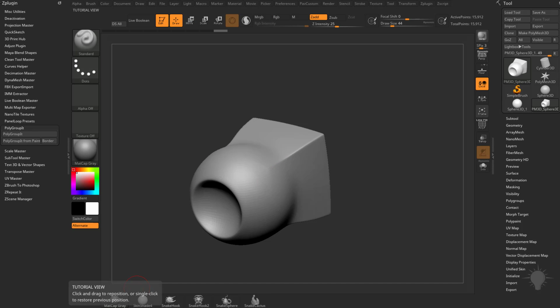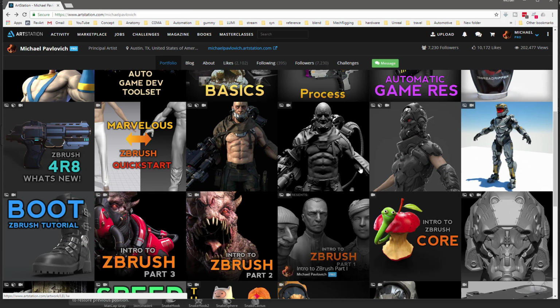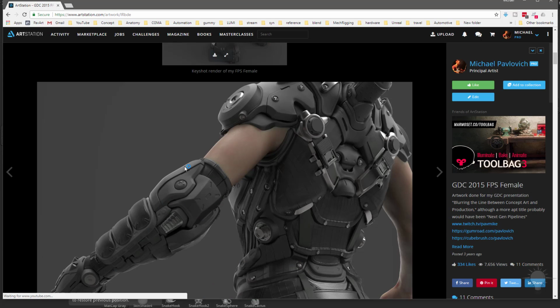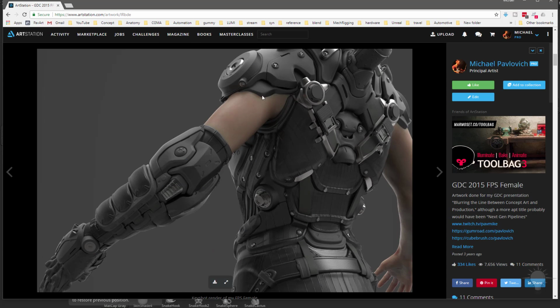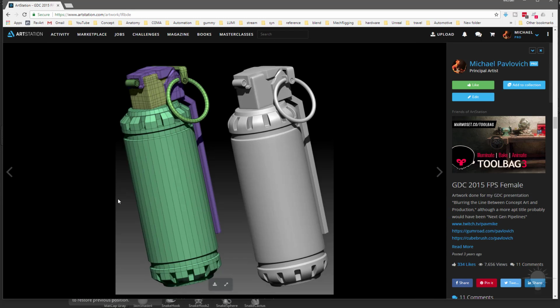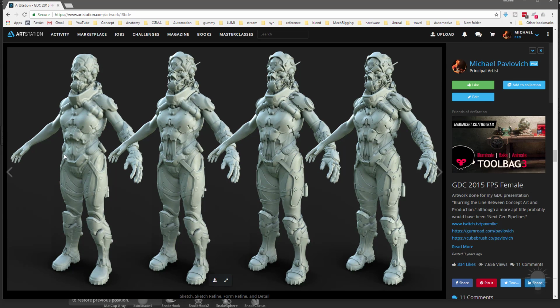Now by sculpting panels, what I mean is if you go to my ArtStation page and you go to any of my hard surface stuff where I do any concepting, for example, this GDC FPS female, if you scroll down, you see this is the final product, everything's all been refined and all the insert mesh brushes and details are applied in there. But when you first start out, and you're just getting your ideas out quickly, I start out with this concept sketch phase. And basically it's just taking essentially one big piece of clay and going through there and just quickly getting your ideas out and using brushes I'm going to talk about in just a second to kind of add panels like these helmet panels in here to your mesh.